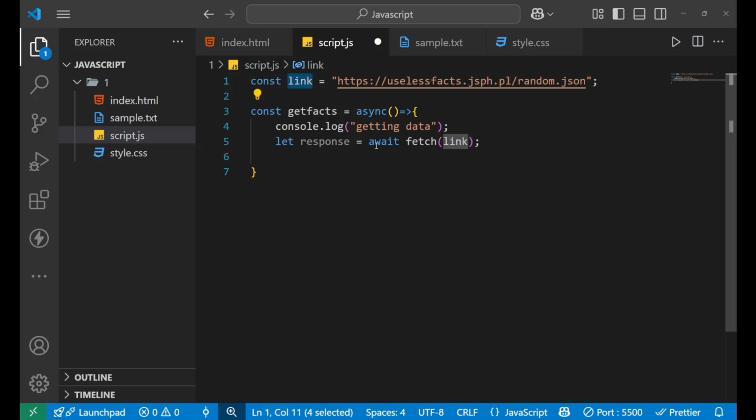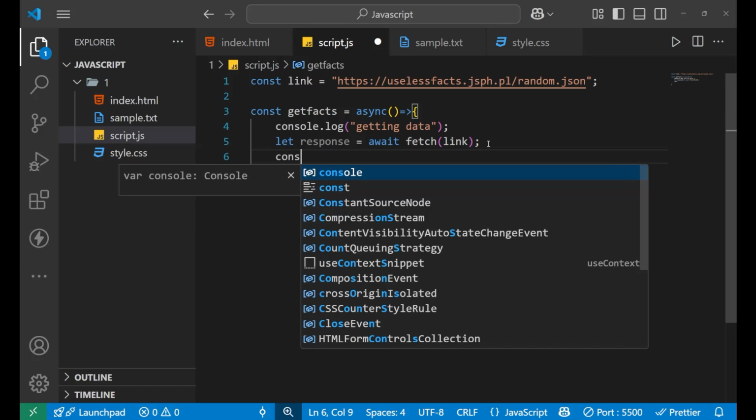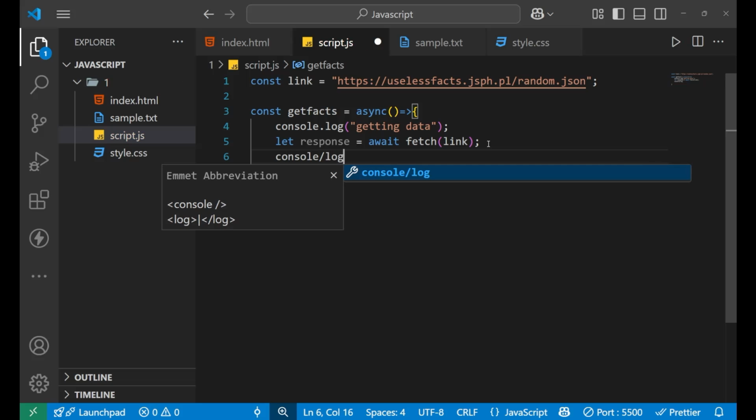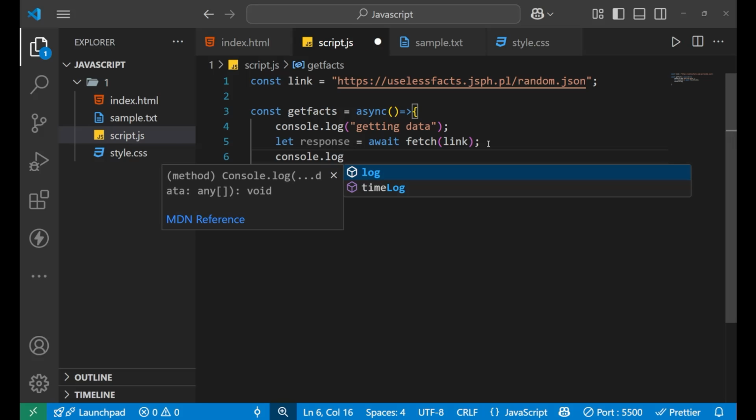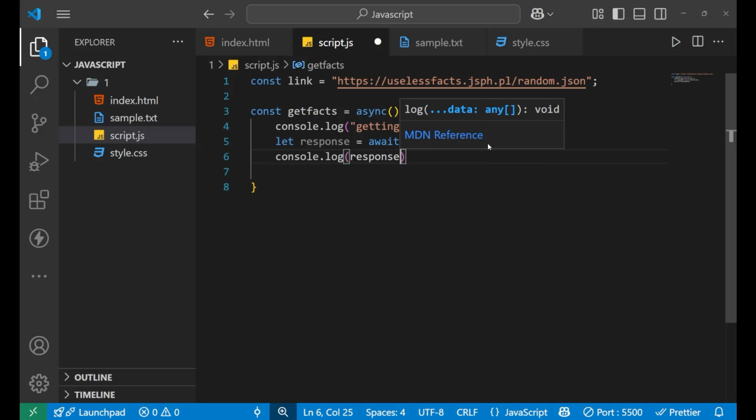And why am I using await? Because I don't want my code to go further or execute further until all the response from this fetch goes into this variable, right? After that, I will do console.log and then the response, right? So let's see what I'm going to get in my console.